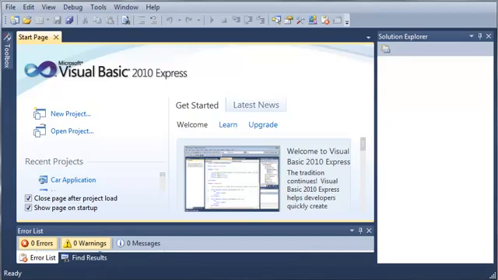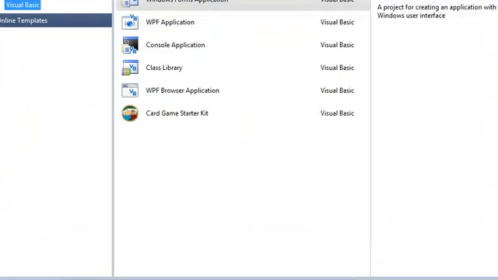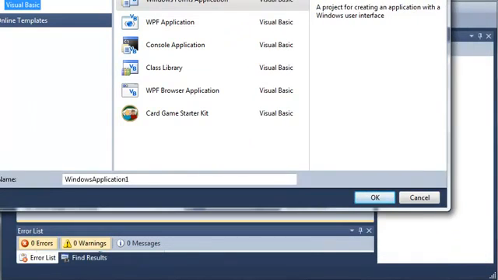Very important part of programming. We're going to be learning what's called the try-catch statement. So let's go ahead and create a new project, and basically what the try-catch statement does is you put a